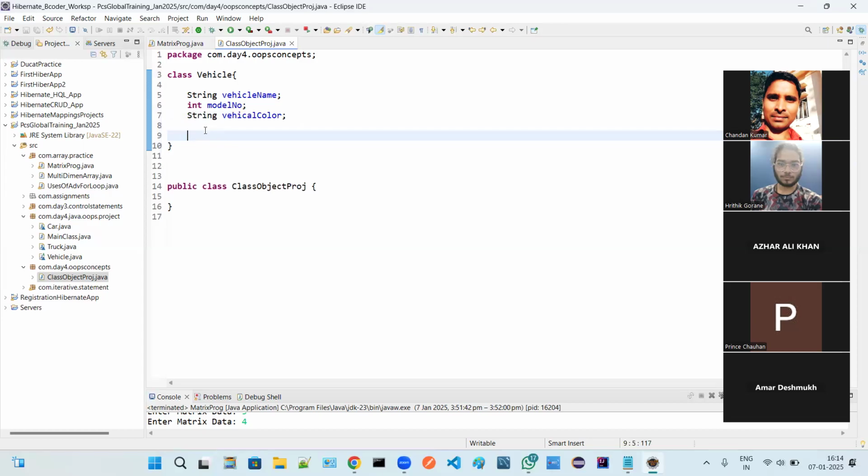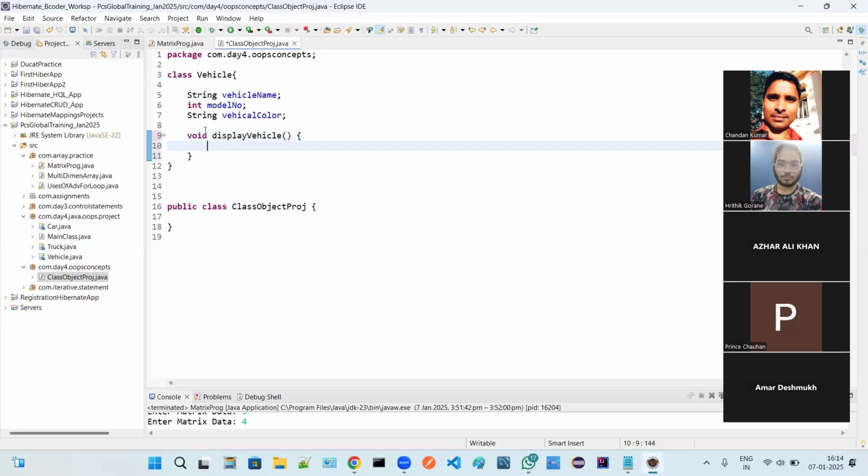Now I'm defining one method, void display vehicle, and what will this display vehicle do?